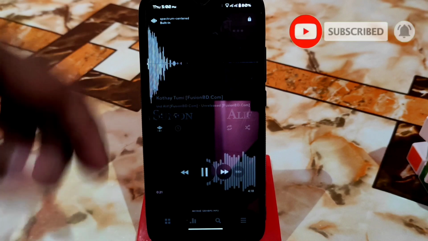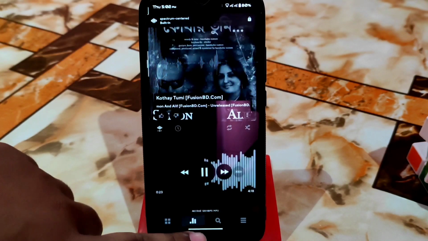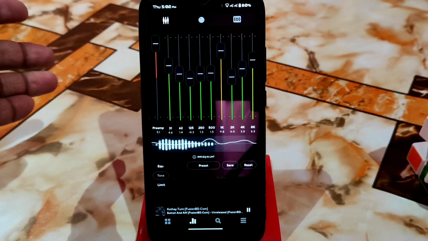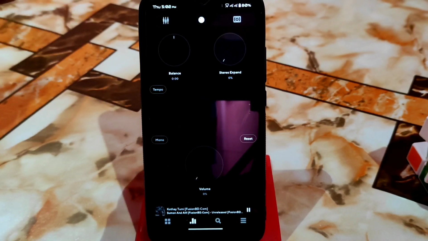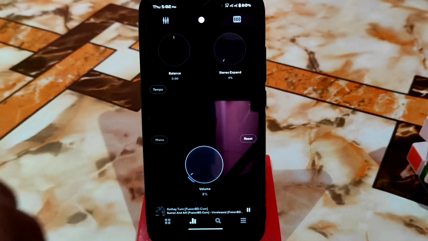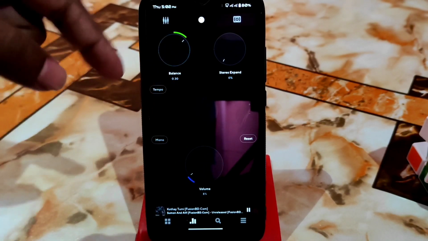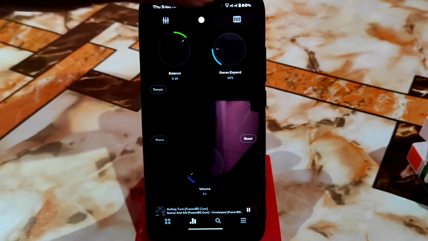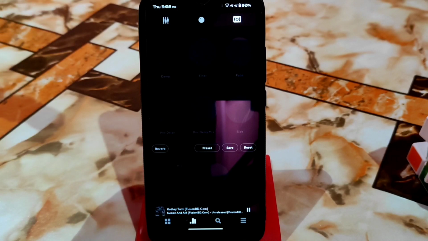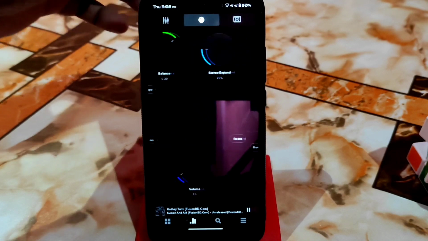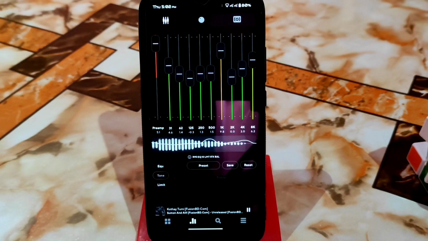Here you can see the visualization, really cool. And here's another really cool thing: you can enable and disable balance, stereo expand, mono, audio, volume, without any problem. You can make balance and stereo expand, so many cool features are there. And here you can set a custom preset and reverberation, whatever you need, you can do in that particular application